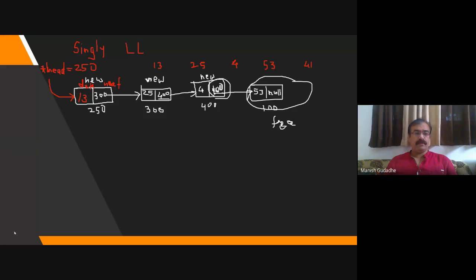Like we can see here, if I have a node to be inserted at the third position, let us say, it is again simply playing with pointers. We don't have to shift all the things. Let us say that we are trying to insert element 72, which is created at location number 600. So what we'll simply have to do, if I want to insert it in between 25 and 4, is change